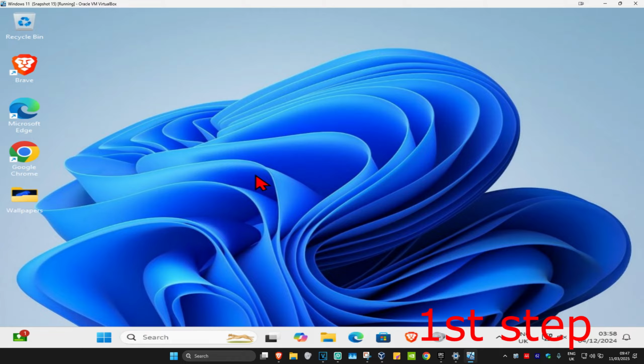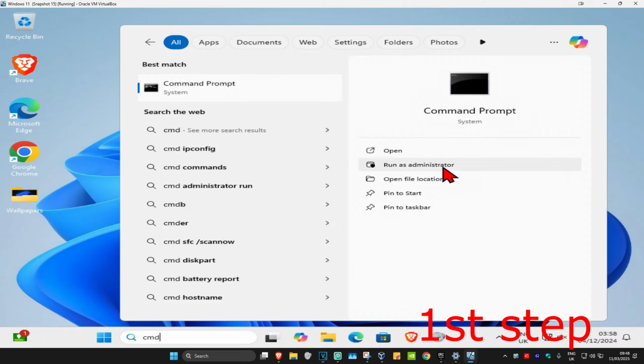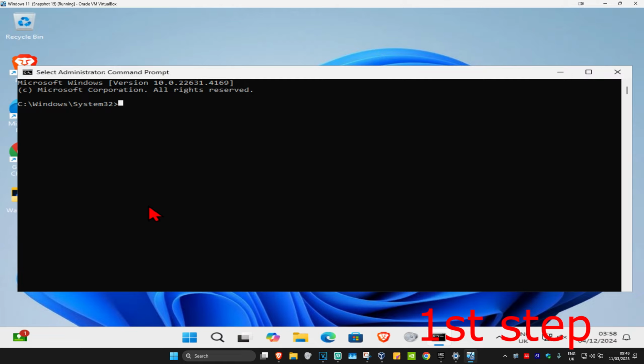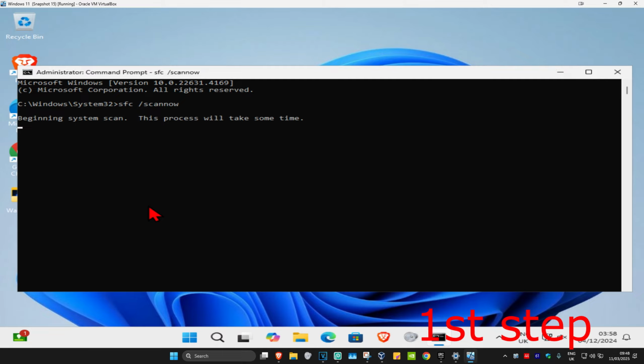So guys, for the first step, you're going to head over to search and type in CMD. Now, you want to run it as administrator. And then once you run this, you're going to type in sfc /scan now and then click on enter. Then you want to run the scan. We can run the scan in the background as you complete the next steps in the video,